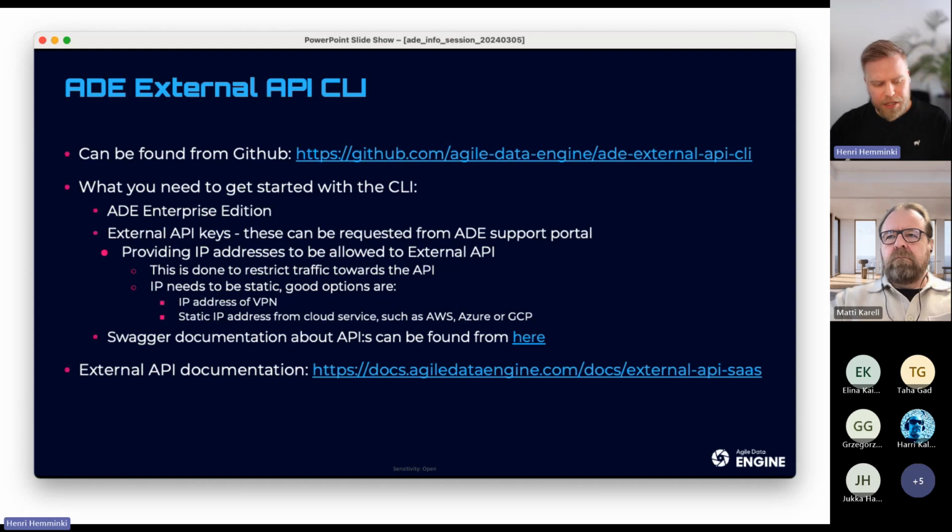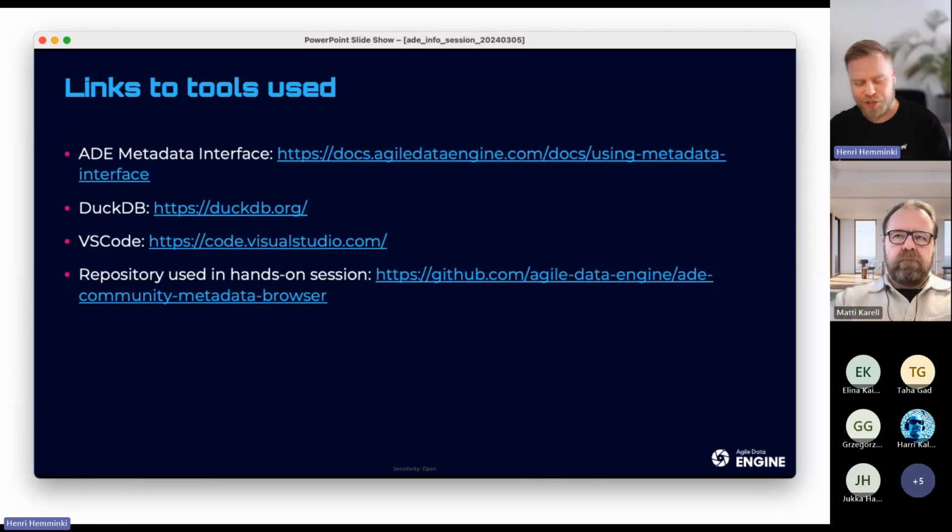At least those API keys, so that you can actually access the API. You can request those from the ADE support, and there's various documentation about the API in the links in the material.